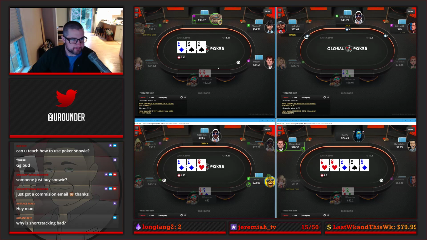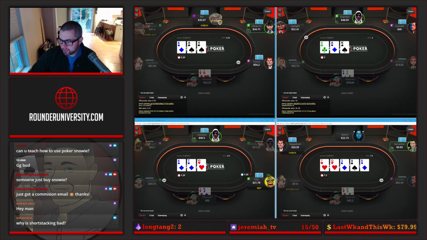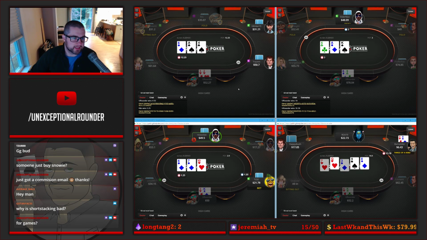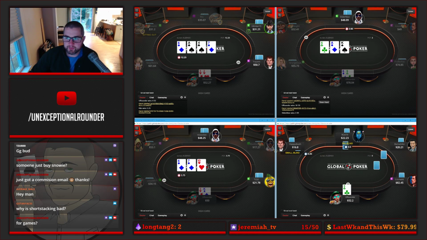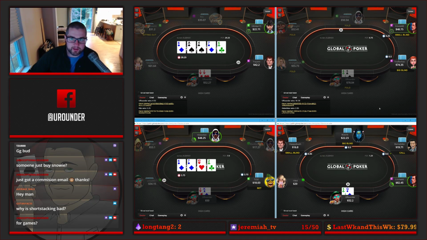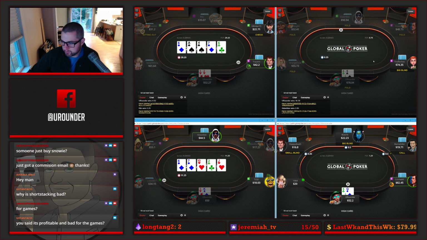What do you mean, why is it bad? Why is it bad for the games? Because it's very, very easy to play a completely unexploitable strategy. And so when you can easily push things to 0 EV, nobody can make any money except for the rake. So if you had three short stacking pros at your table, it would be completely...